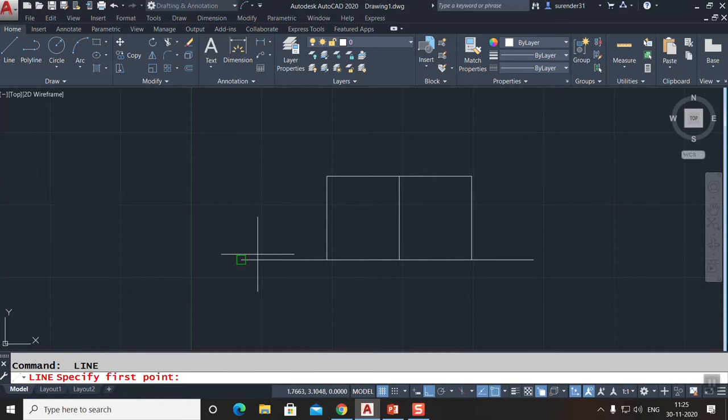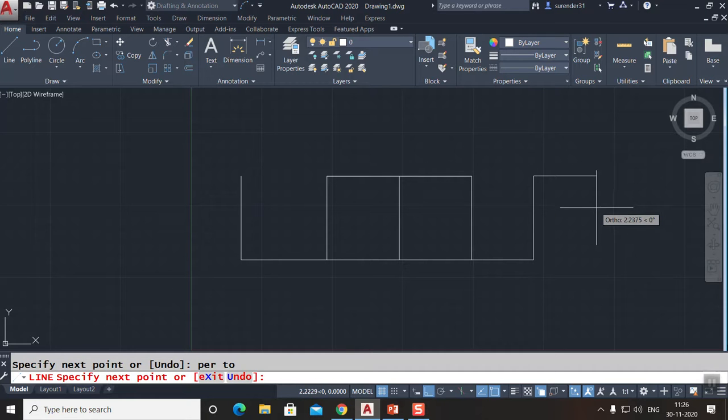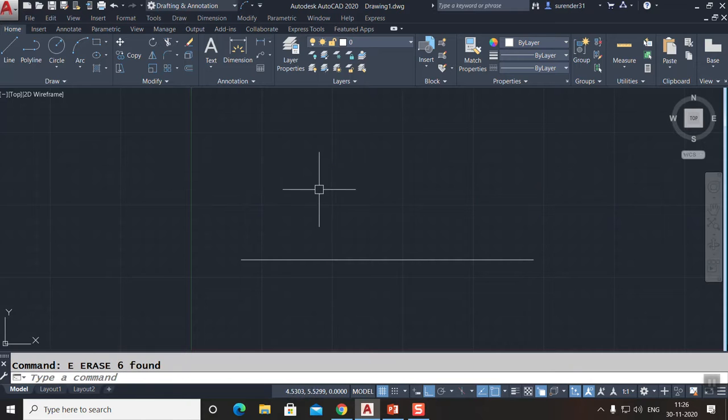Now suppose I want a straight point to be located on this object from this point. Here, yes, it will show me the perpendicular point, even if the object is not there. Now just see, I'll show the cursor on this object. See, the perpendicular point is located. Again, I locate this point, I say perpendicular PER and I locate this point directly. So that's how you can use perpendicular OSNAP mode directly from the OSNAP modes.